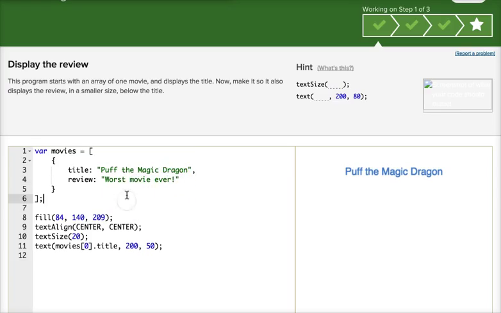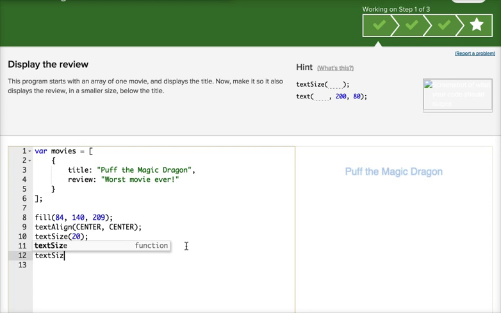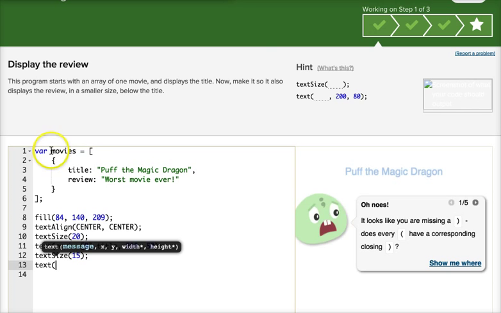So now, just to make it more fun, we want to display the review. Underneath where we're putting the title, we're going to display the review, and since the review is the review and not the title, we're going to make it a little smaller. So I'm going to go with size 15, text, and then the message is going to be movies,